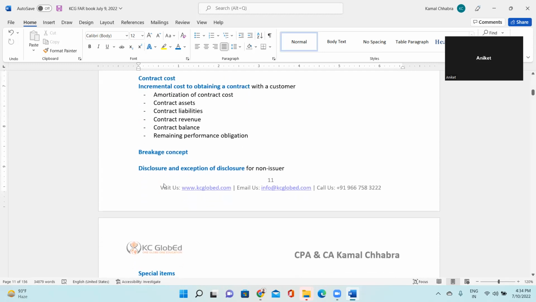Next concept is the breakage concept. Have you heard this term before? No, sir. I got this term for the first time in my life in 2013 when I was auditing a company called Loyalty Rewards. Like we were discussing earlier, you have a debit card, a credit card, and every time you shop with your debit or credit card, you get certain reward points. Now look at it from the reward point company. Let's say Payback, PayPal, Loyalty Rewards, these are companies who manage and maintain the reward points for many banks.